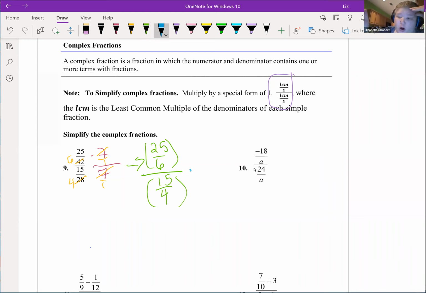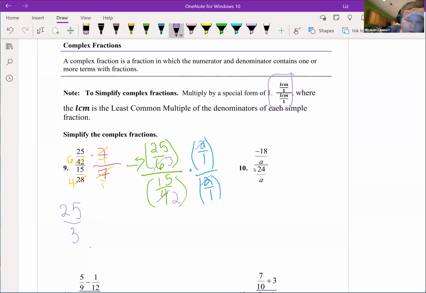So now 6 and 4 are both divisible by 2. But right now, 25 6 and 15/4 is not that crazy to look at. You could change this into the old school division symbol and then do the fraction division, keep, change, flip. But just for completion and showing you the ridiculous method, I could multiply by 2's here. 2 goes into the 6 3 times, 2 goes into the 4 2 times. So I now have